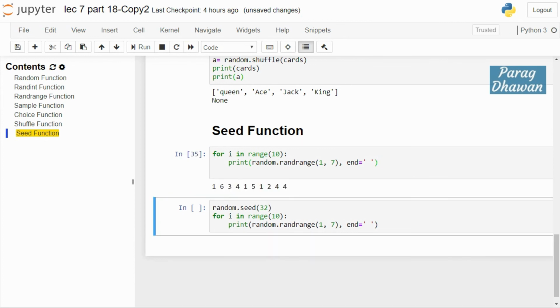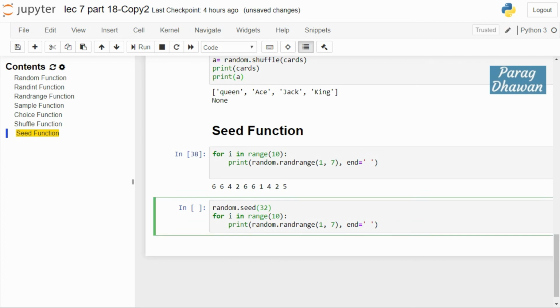If you run the cell again, the random selection is different in every execution. If you want the selected values to remain fixed in every execution of the cell, then you can use the random.seed function.